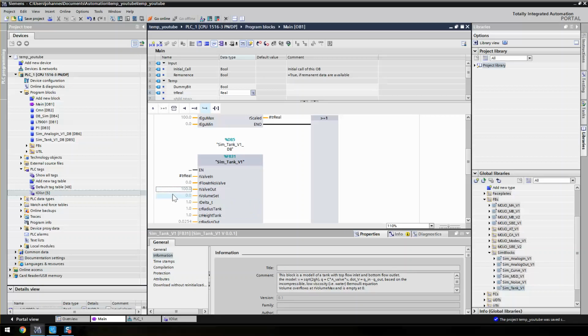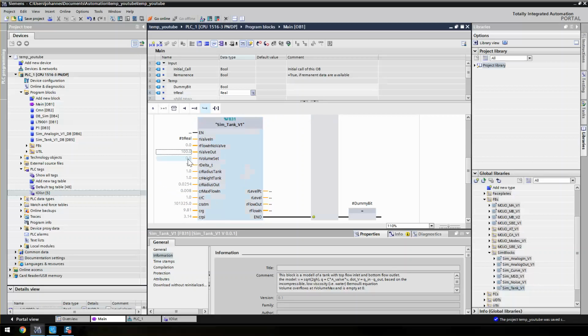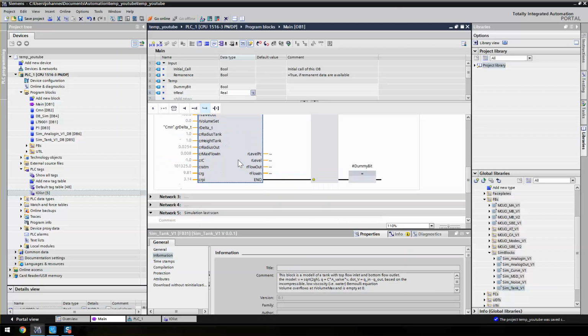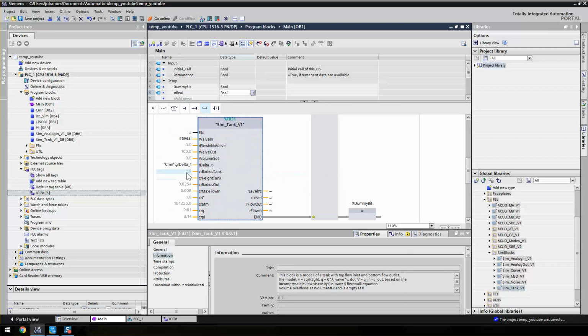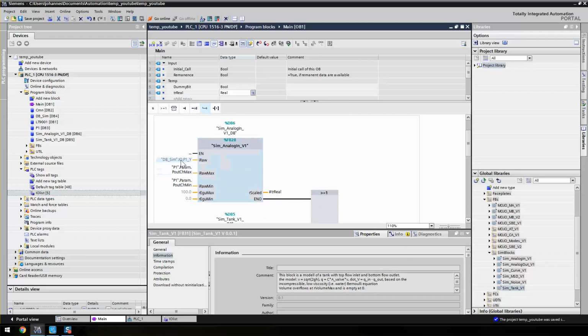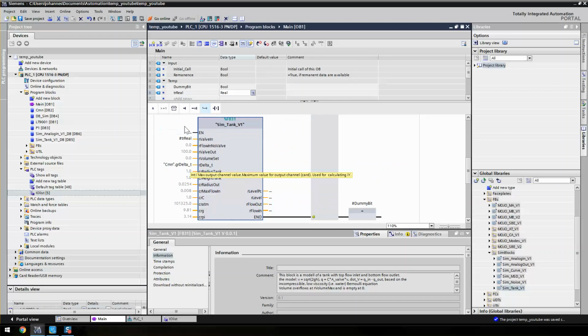And you can play around with this thing if you like. Maybe we should have some kind of volume when we start or not. We can play around with the cycle time. We'll use the same as the rest of the program, but we could mess with this to speed up the simulation. Don't speed it up too fast though. Some parameters you could set or not. So if we have this command from the pump, something goes into the tank, the level increases or decreases, and